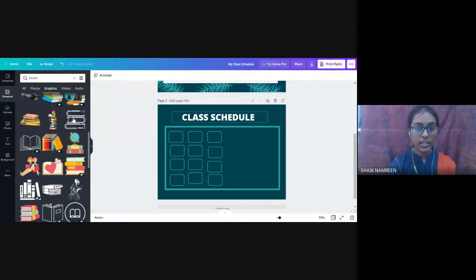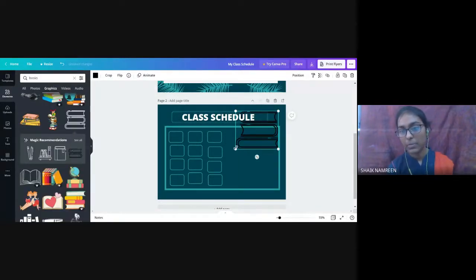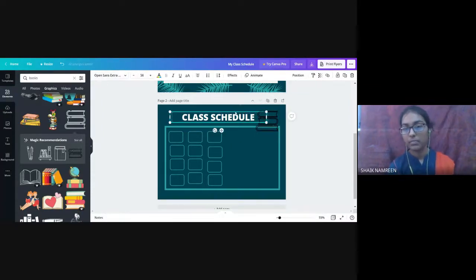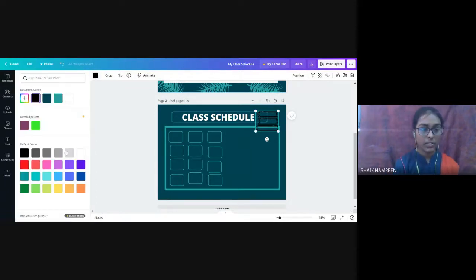So you can take this and keep it here, minimize the size and change the color from black to white, or you can say blue. No, blue can't be seen here. So like this, any color of your wish.